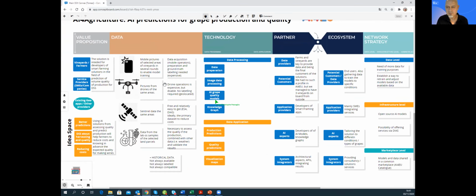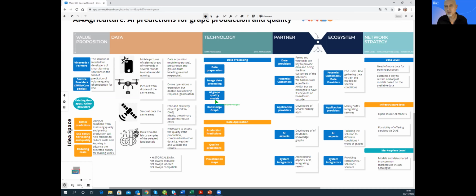getting data is actually very expensive in this particular area, because as you can imagine, data in the agricultural field means that you have to take pictures on the field with drones or with mobile phones, which means someone should go there, fly the drones or take the pictures. But then, especially for the pictures from the mobile phone apps, you need to label them, and labeling is a costly process. And normally in agriculture, it's not enough to have 1 year of data. You need several